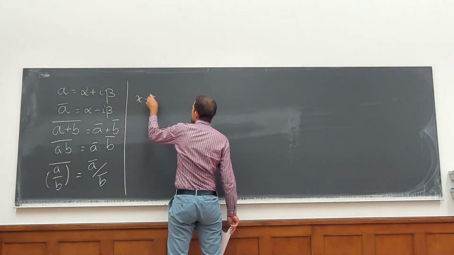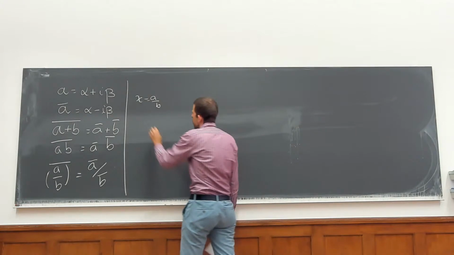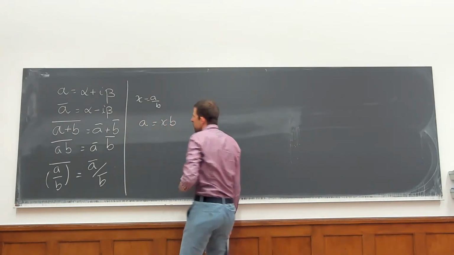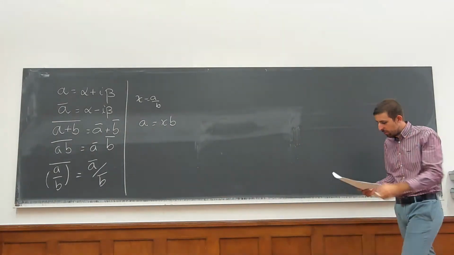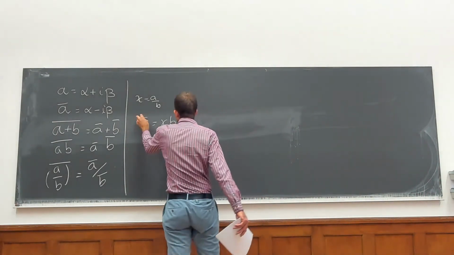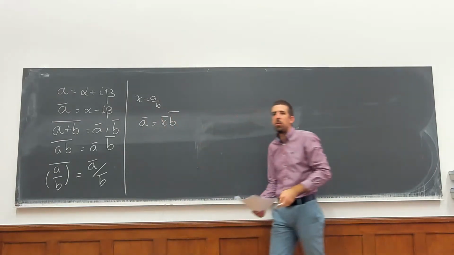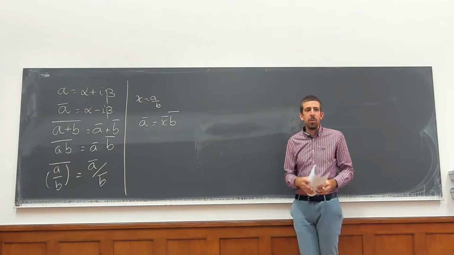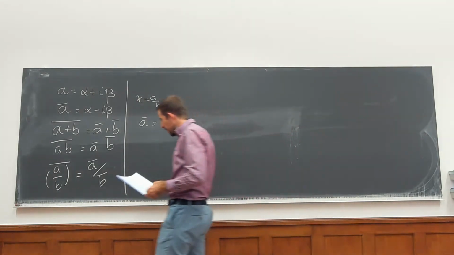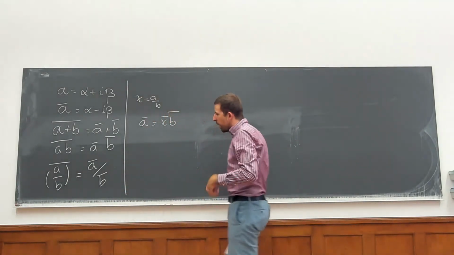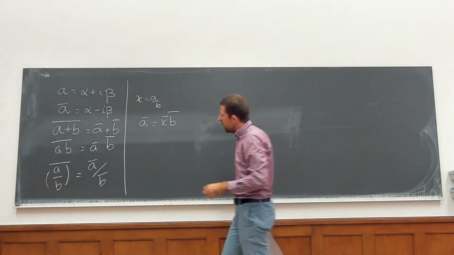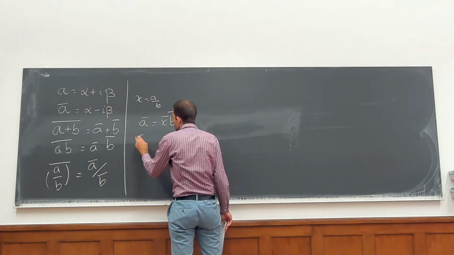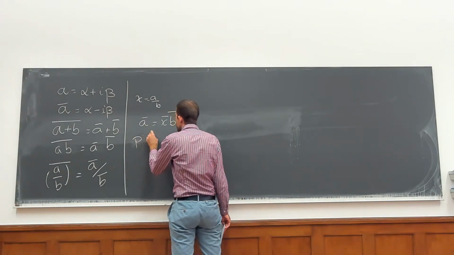You just write x equals A over B, and you just write the equation A equals xB, and the fact that you can put conjugates everywhere, and that it's still the same this way, gives you that you can also divide, right? So this is housekeeping. In particular, this will hold for any rational function. The fact that if I have any rational function, let me call it P, a rational function,